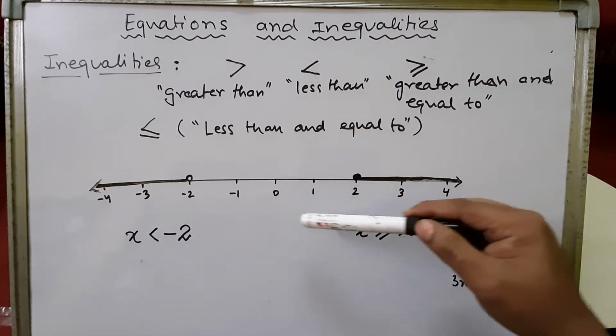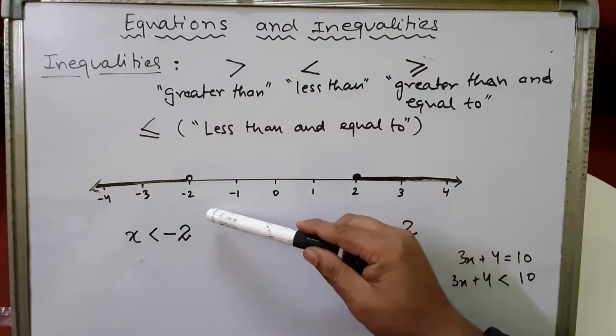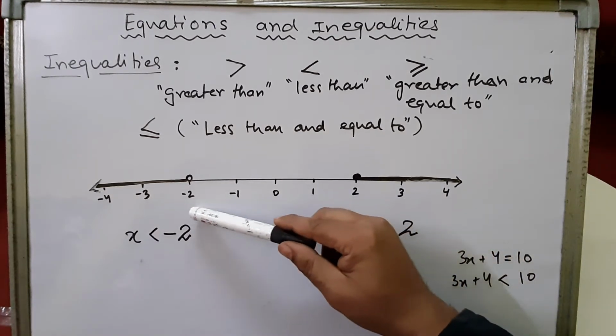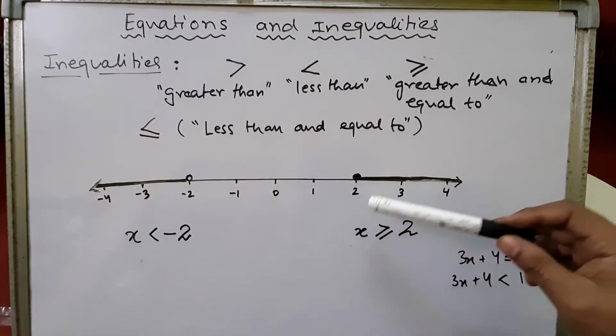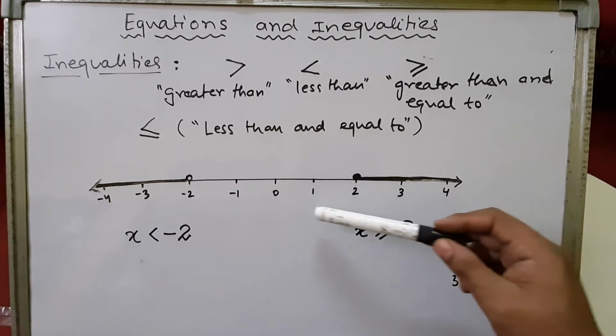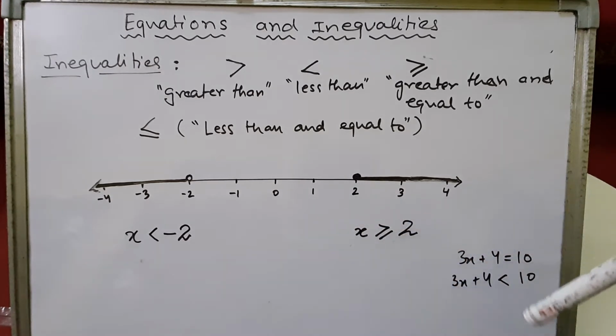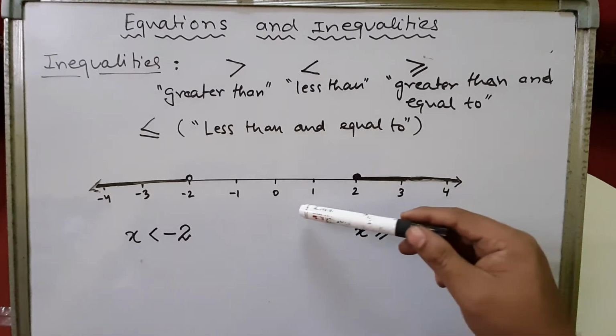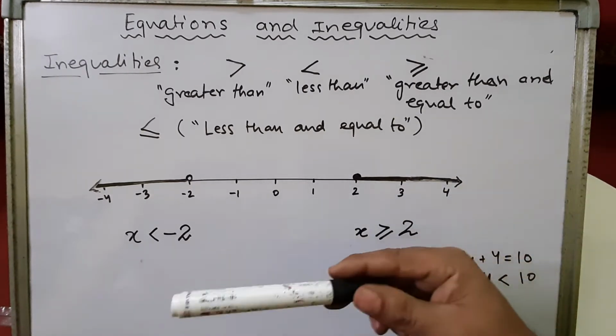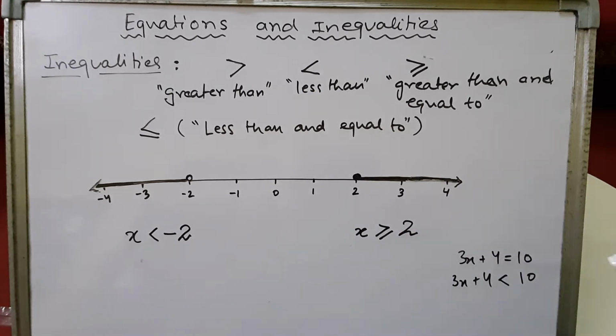We are representing equal units like 1, -1. The distance between 0 and 1 is the same as between -1 and -2, and the same as between -2 and -3. We need to keep in mind before drawing a number line that the difference between the units will be the same, because 1 and 2 have the same difference as 2 and 3, and 3 and 4. So they will be drawn at the same intervals. Now after drawing the number line, put arrows at the ends, because positive numbers go up to plus infinity and negative numbers go up to minus infinity. That's why arrows are drawn at both ends.